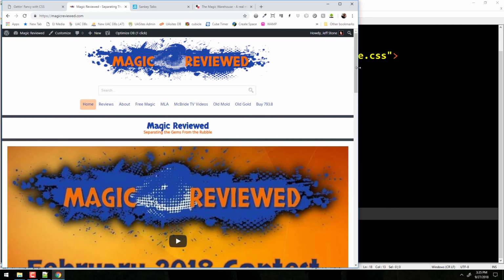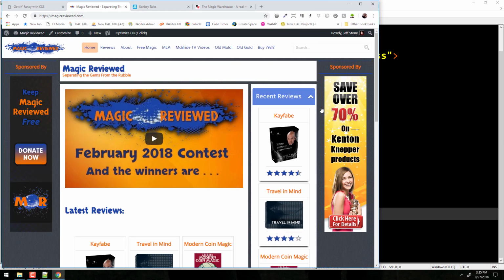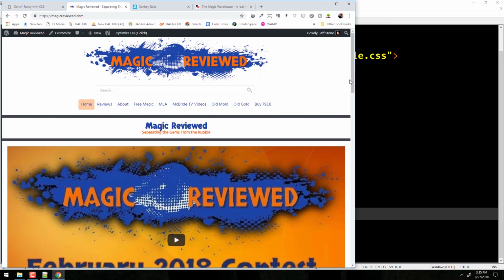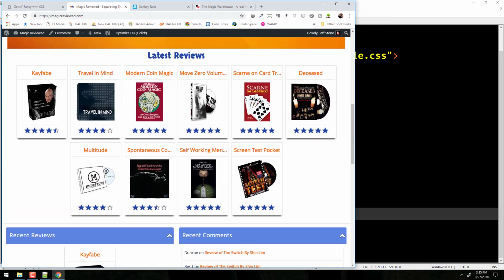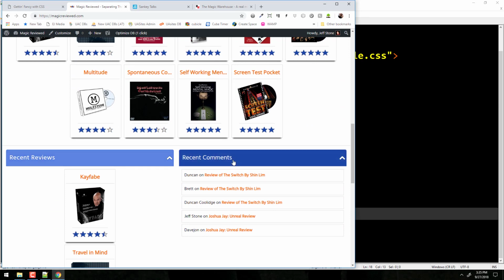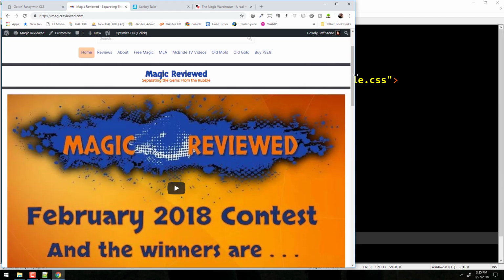As I'm shrinking it now, notice the aside right here goes away, and these ads go away. The ads go away, but the aside didn't go away. It got moved down to the bottom. Now the recent comments and the recent reviews are down here. Notice that this video got bigger and it takes up more of the screen. Also notice